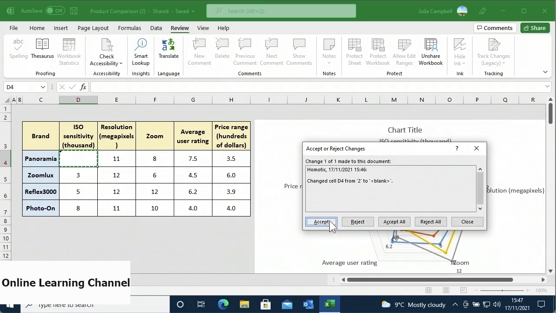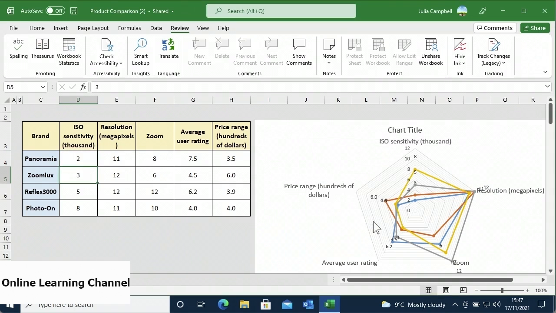To accept the change, you can click the Accept button at the bottom left corner. If you have users that are making the same changes, at the bottom right are also the options to accept all or reject all. I'll select the Reject button, and I can see that the cell information previously removed has